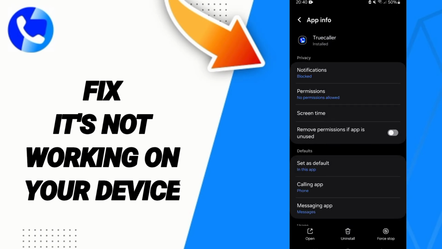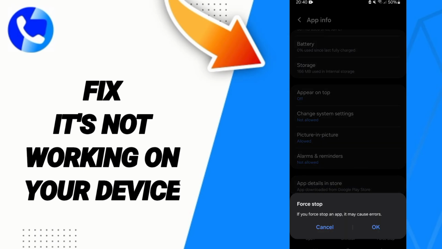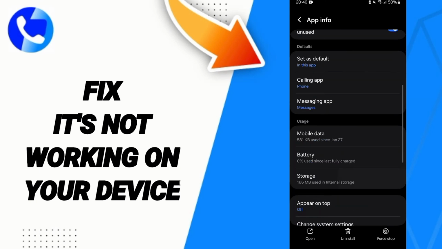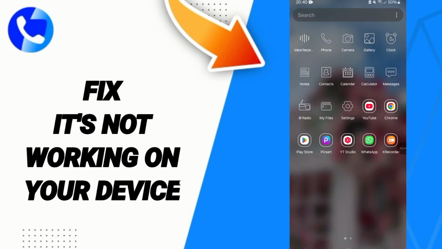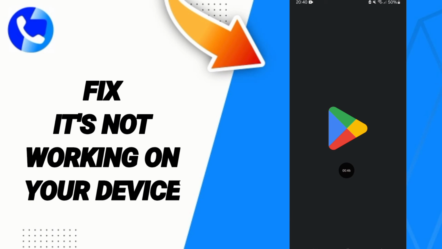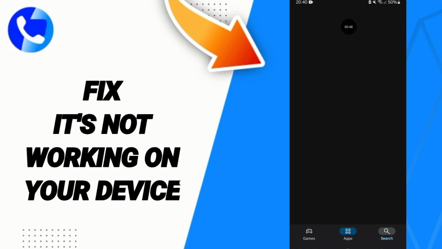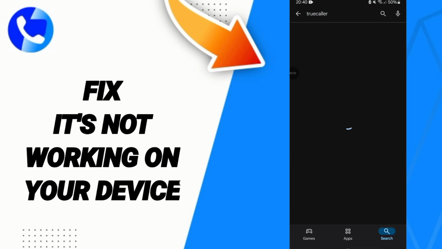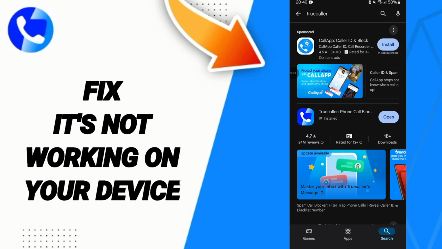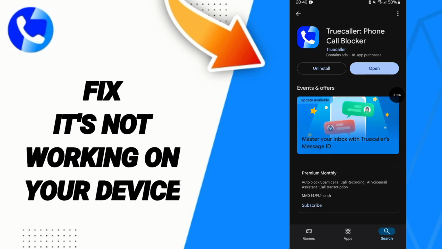In this page of app info, you will click on first stop and you will click OK. Here you will click on storage, then you will click on clear cache, then you will go to Play Store. As you see, we search about the application of Truecaller, and then here you will search about Truecaller and you will update your app if you